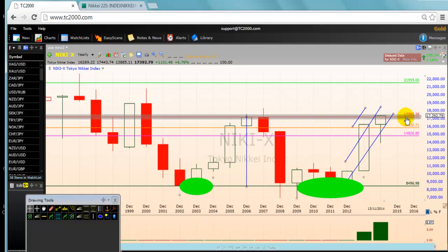So the first key level is 172.02, which is the NAT of this double bottom pattern. The ultimate bullish target, the greediest target for the Nikkei 225, is at 25908. You need to know it. How did I come up with that number? You see the double bottom pattern, we measure the distance from the NAT to the lowest point of the double bottom pattern. That's how we measure it. And then we project it above the NAT, by projecting that distance that I measured here, from the NAT to the low on the yearly chart. It gives us the level of